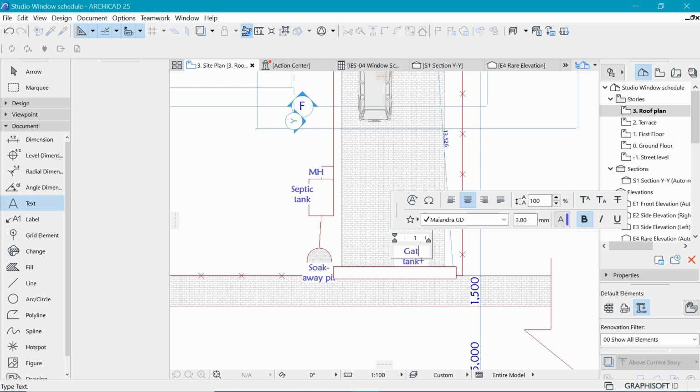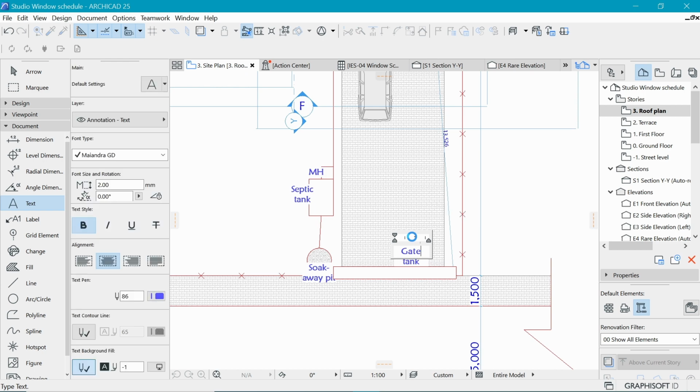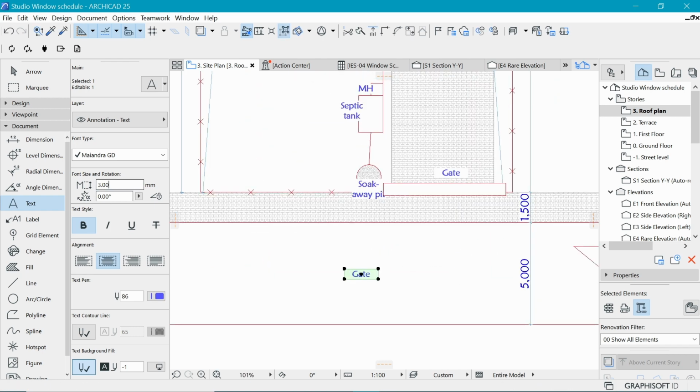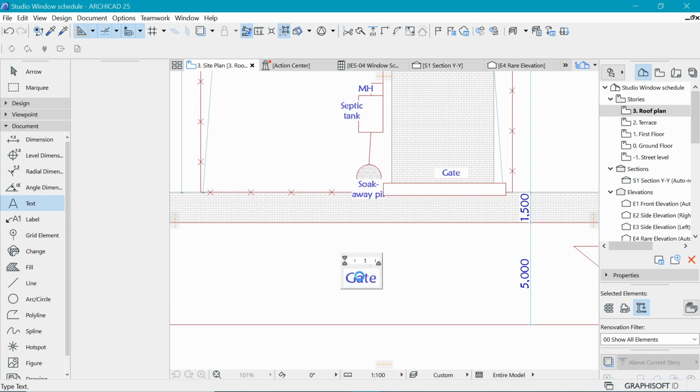So I'm going to say gate, because this is what it is. Okay, and then we also want to name the access road. So we need to make it a little bigger than what it is now, around 4 or even 5, and then we add in